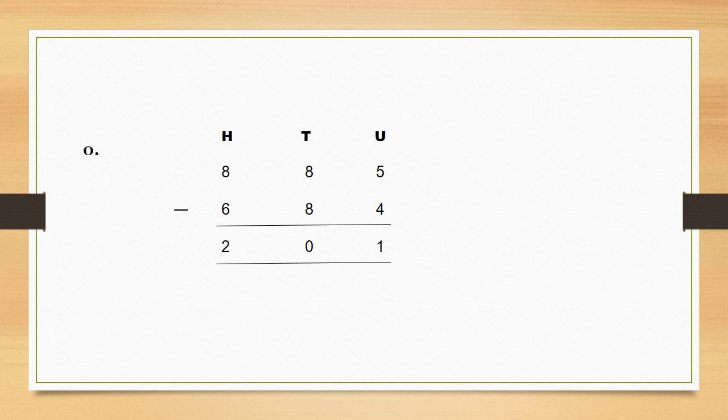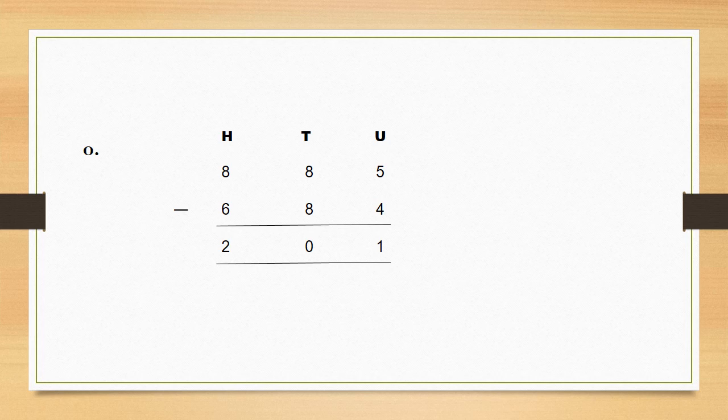In the same way, let's solve the digits that are present in tens place. In tens place, we have 8 tens and we have to remove or take away 8 tens from it. So students, that means we have to subtract the whole number, because we have 8 tens and we have to remove 8 tens as well. When we remove the same number from another number, we get the answer 0 because 8 and 8 are equal. They both are equal. So when we remove 8 from another 8, we get only 0. So that means we have 0 tens. So we will write down 0 in the tens place.